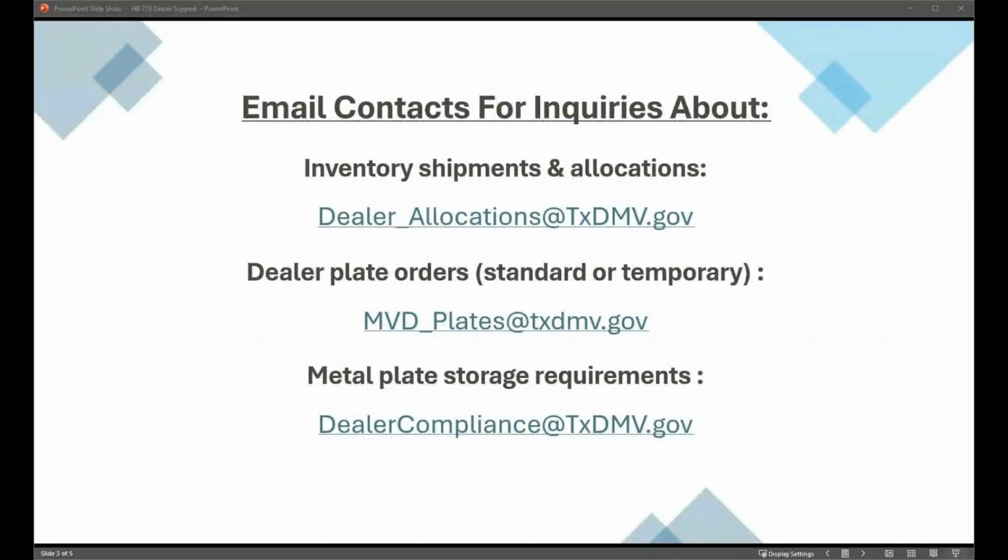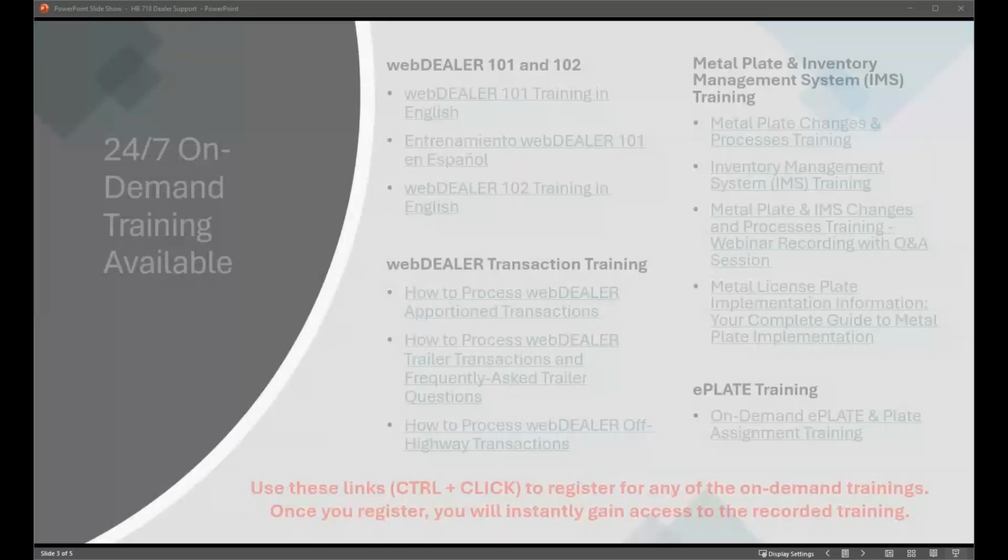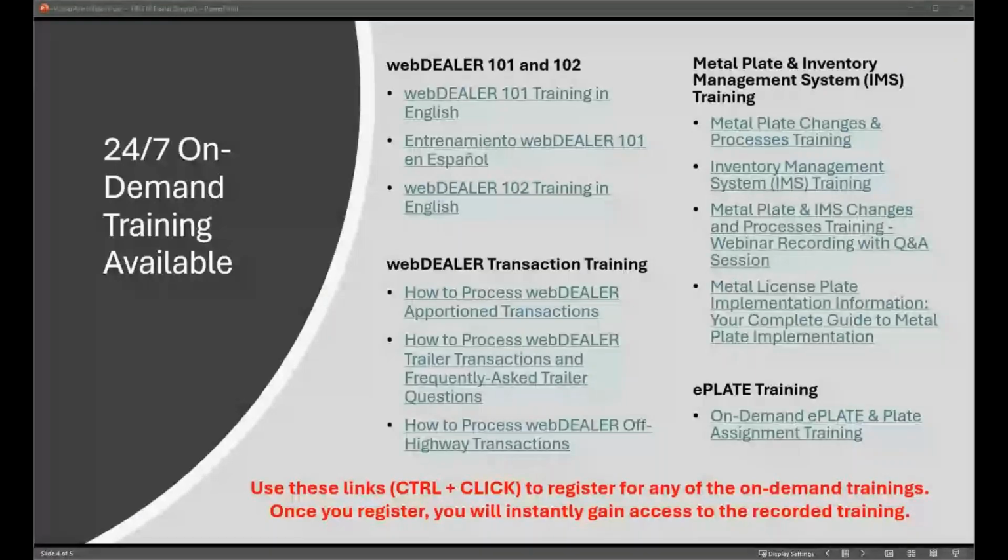I do see a lot of people asking about plate assignments. It does walk you through plate assignments, whether that's customer supplied, or if you need to issue a purple provisional plate. All of those instructions are on those videos. So on the slide that is shown right now, you're going to click that link for the e-plate training. If that is what you're looking for, it's going to have a lot of good information on there.